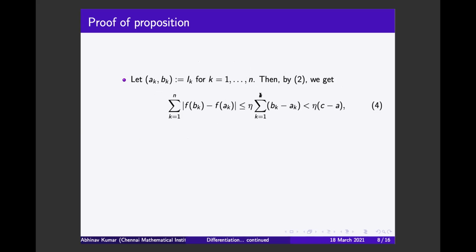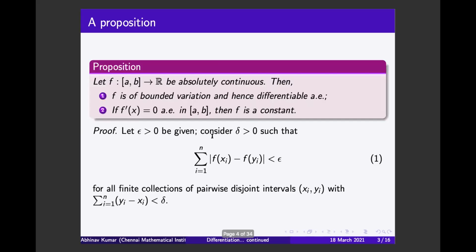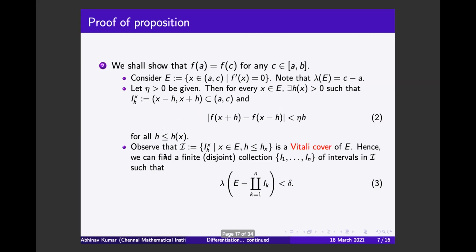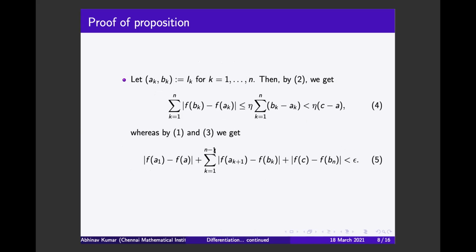And this in turn, obviously this sum is clearly less than C minus A. Okay, so this is what we have. Whereas by 1 and 3, this is what we get. So 1 is our very first hypothesis, and by 3 is this. So using these, it is immediate that this is,